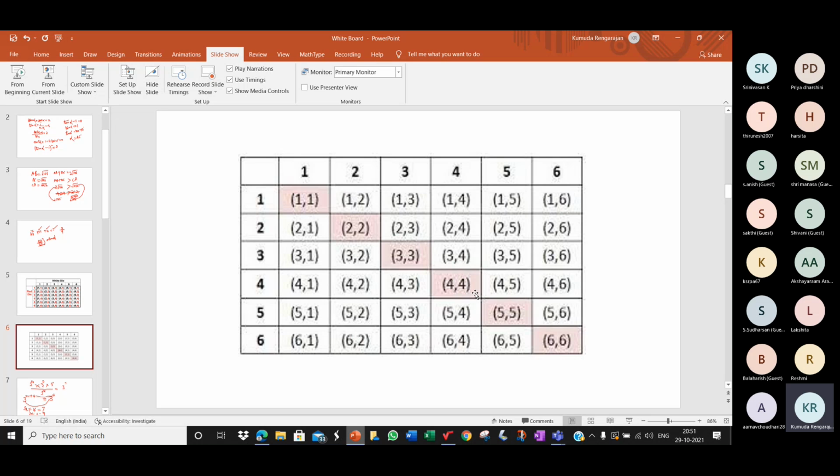Let me give you the difference. When I say I want to get 1 on the first die and 2 on the second die, the favorable outcome is only 1, 2. But if we say 1 on one die and 2 on the other die, it can even be 2, 1. One die, other die is different from first die, second die.